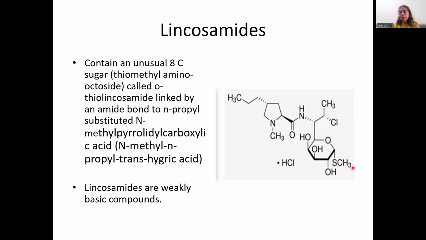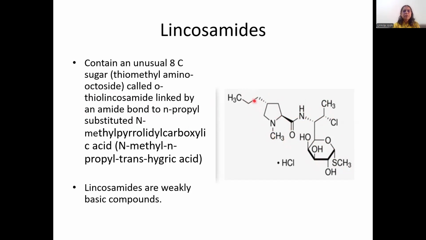This is thiomethyl amino octoside. Octoside because there are 5 carbons, 6, 7, and 8. Therefore, octoside. And this is linked via an amide linkage, the CONH linkage, as is shown here, to N-propyl substituted